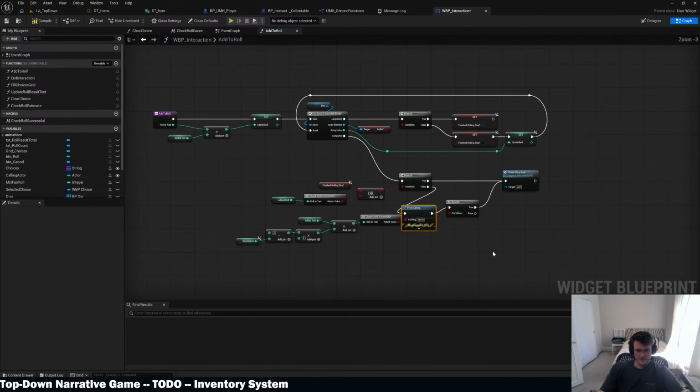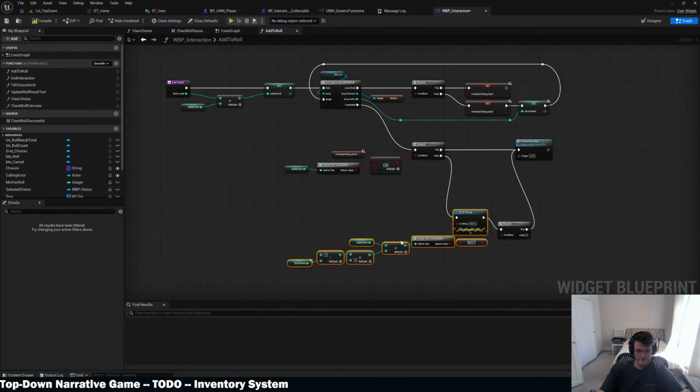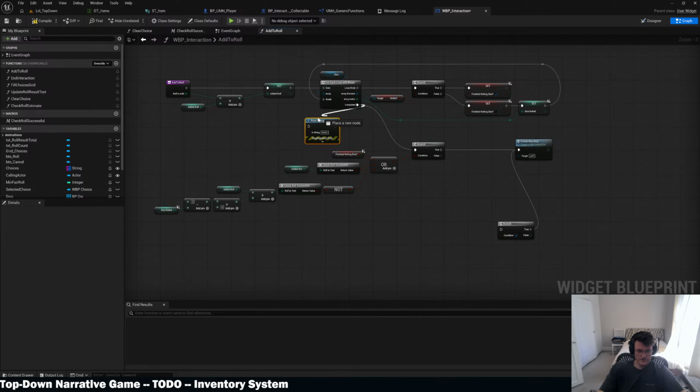Print string. Let's figure out what's going on here. And ideally, we'll put this back to an OR, because that is cleaner in my opinion. So let's print the string on the completed here